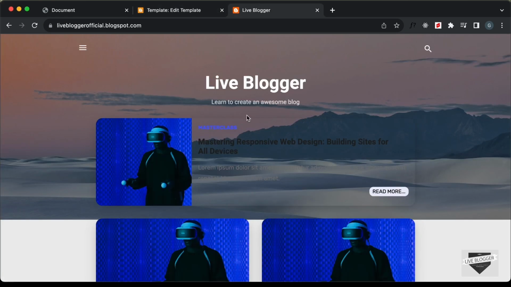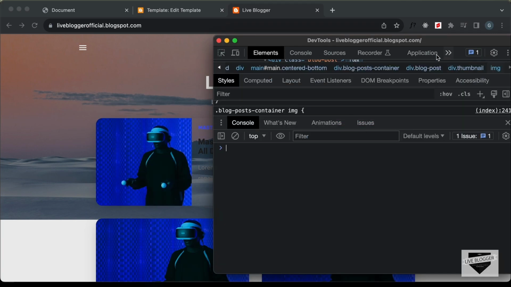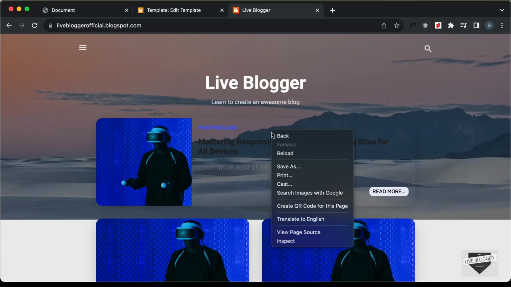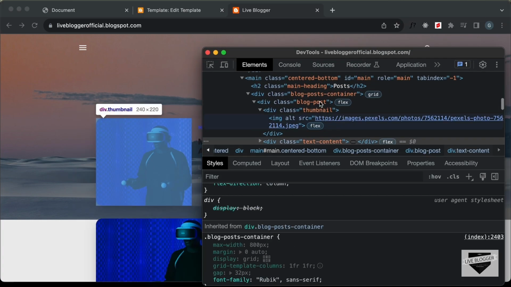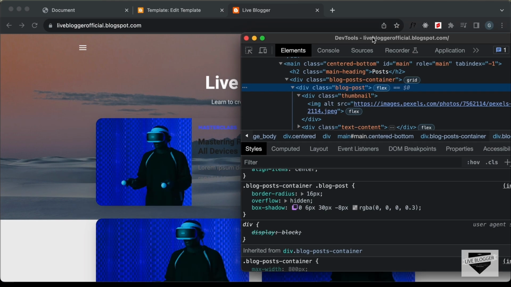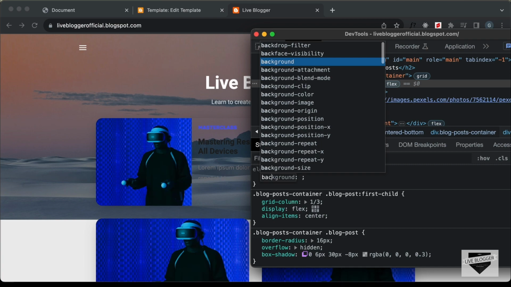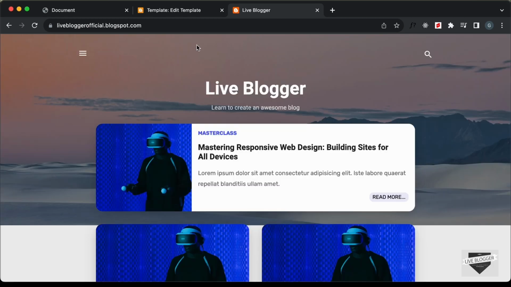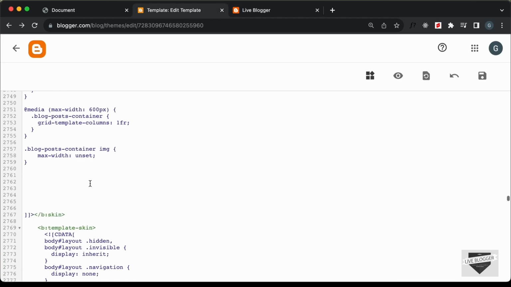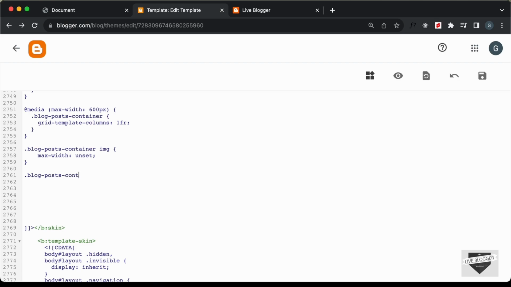Right now let's go back to the inspector, and here we need to set a background color for this card. If I select this, here we need to select the blog post division and add a background color. Here we'll just type background white, and now we can see that it looks alright. So let's go ahead and do that. Let's go over here and type blog posts container, blog post, and here let's type background and set it to white. Right now let's save this